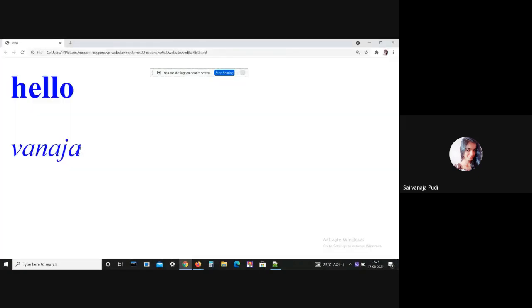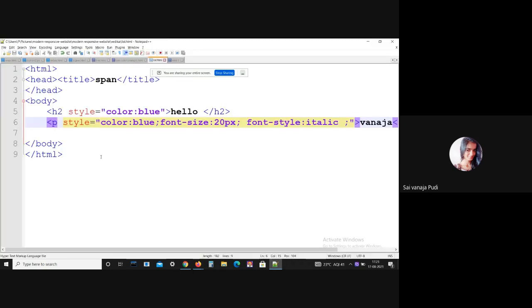See, here I got the one in italic form, right? Yeah, okay. Generally here I'm using a style attribute to provide some styling format to our CSS code. These are all the CSS properties like color, blue, font size, font style, everything. There are some other properties also like column left, everything. I will explain all these properties in depth in the CSS sessions. But here I am printing some CSS properties using this style attribute. Okay.